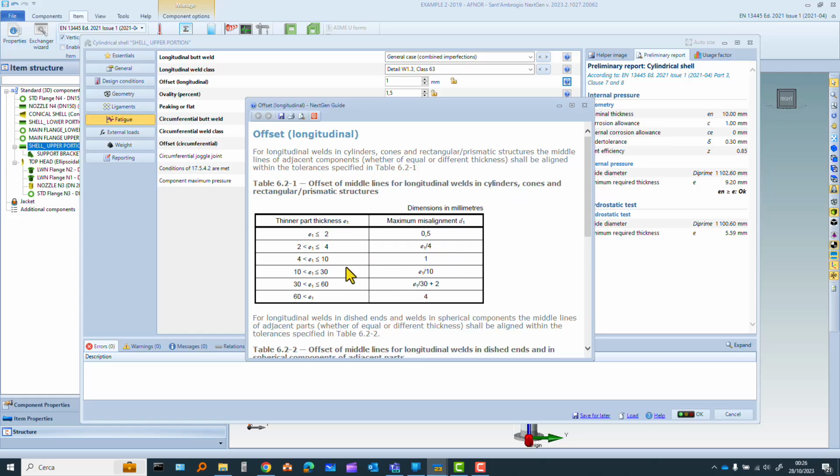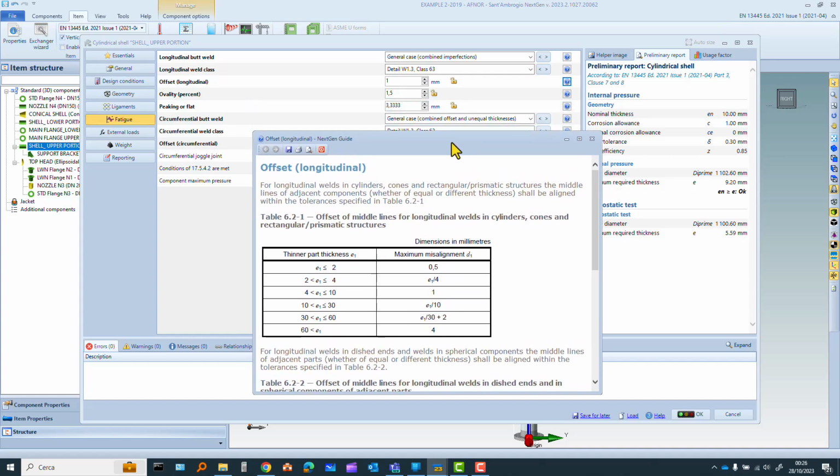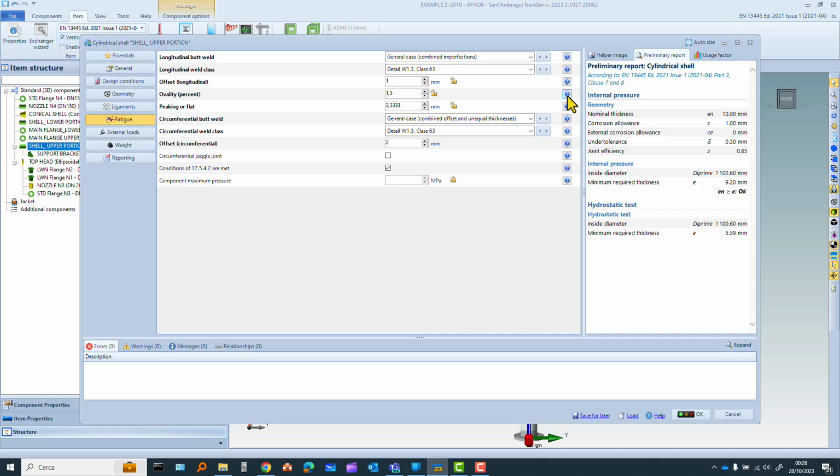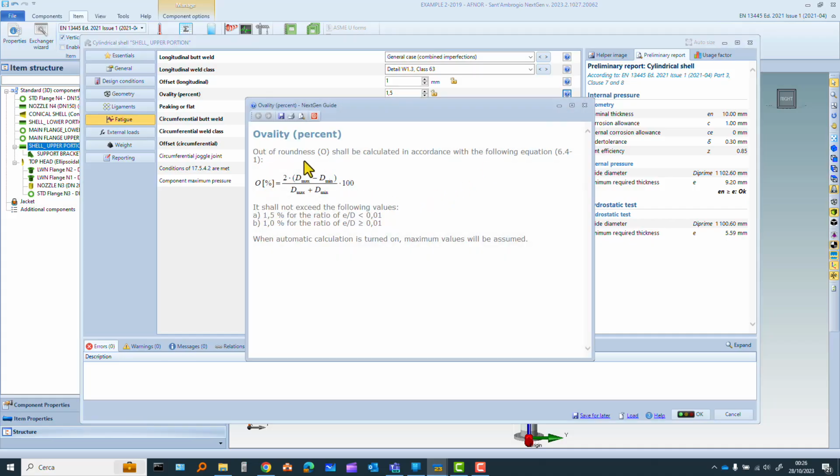The cylinder is between 4 and 10 because it's 10, so the maximum we have decided to give these values, the maximum allowable values according to the standard. We have 1 millimeter. The ovality, we close this and we look at the ovality. The ovality, the out of roundness, shall be calculated in accordance with the following. It shall not exceed the following values: